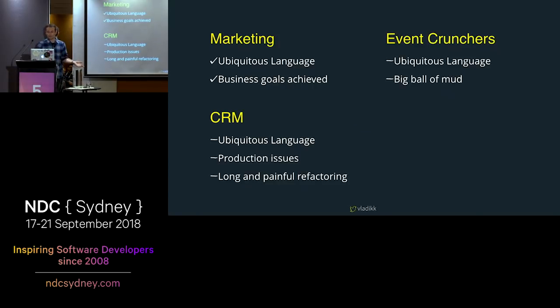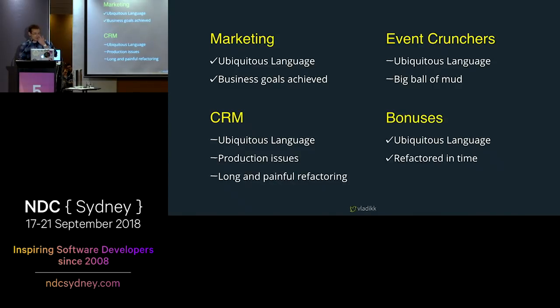In the event crunchers, this project started as a simple supporting subdomain, so we didn't invest in the ubiquitous language. But when the complexity started growing, we regretted this decision big time. Even though we had to redesign the project, it would have taken us much less time had we initially started with the ubiquitous language, like we did in the bonuses project. Here, the business logic became orders of magnitude more complex, but the ubiquitous language allowed us to notice the need for a change in the implementation strategy much, much earlier.